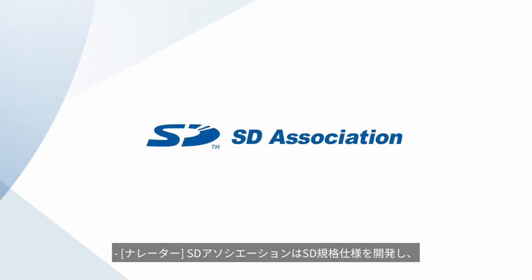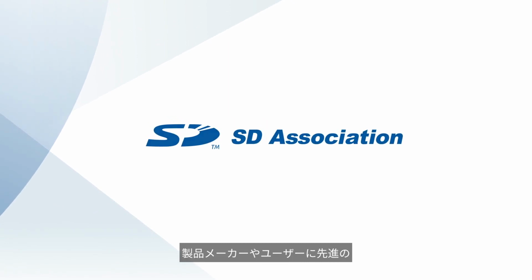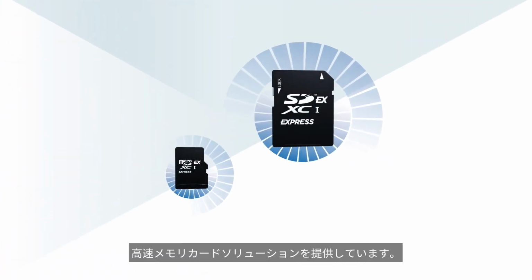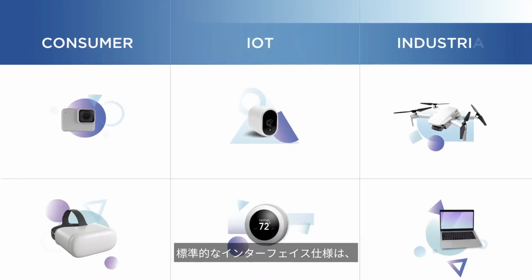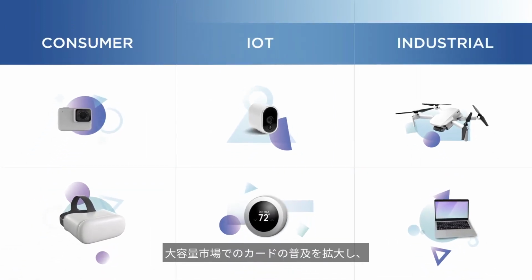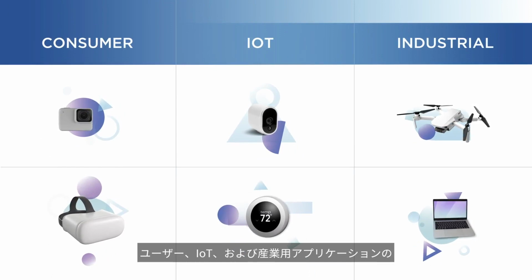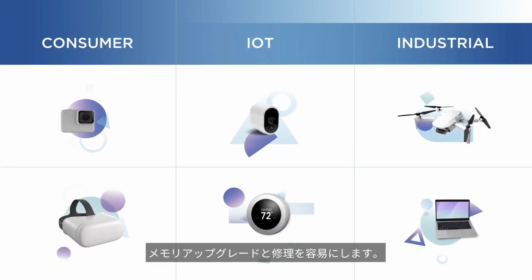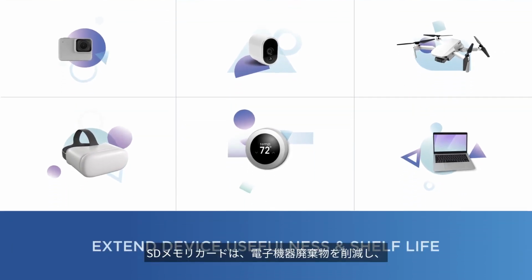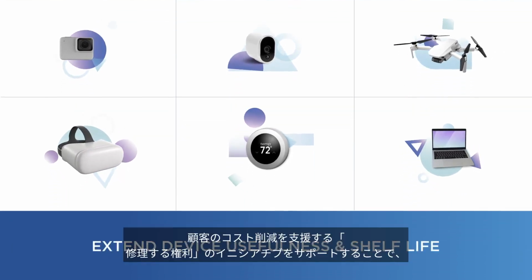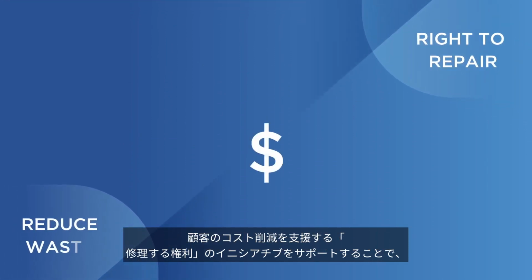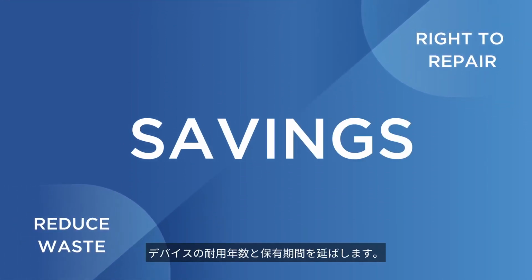The SD Association develops SD specifications, providing product manufacturers and consumers with advanced high-speed memory card solutions. The standard interface specifications extend the card's reach in the mass market and make memory upgrades and repairs easy for consumer, IoT, and industrial applications. SD memory cards extend device usefulness and shelf life in support of right-to-repair initiatives that reduce electronic waste and help